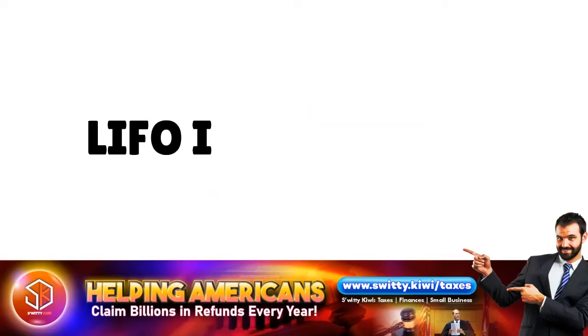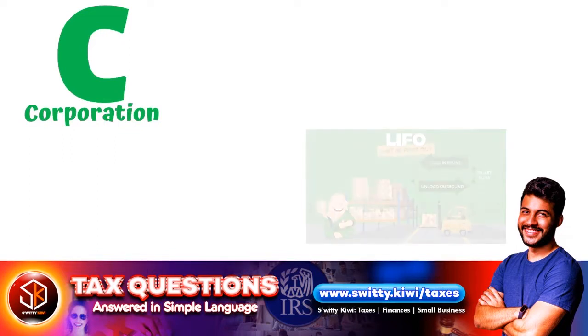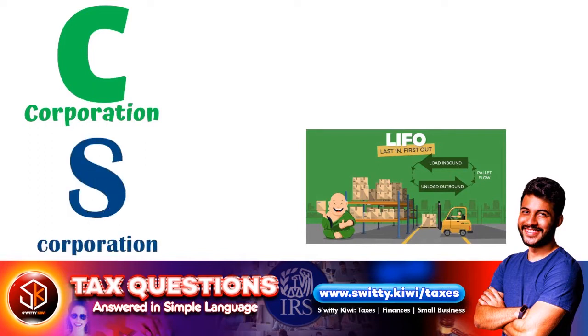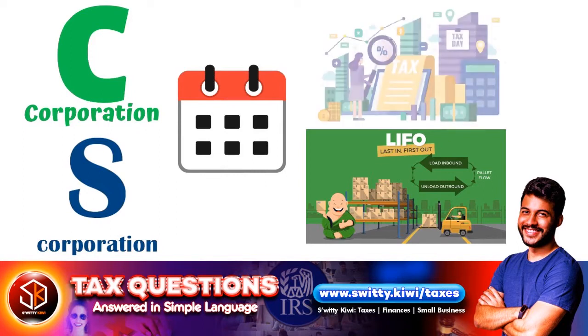You also have LIFO inventories. C corporations that use LIFO inventories have to pay tax on the benefits derived by using LIFO if they convert to S corporations. By the way, LIFO, last in, first out. The tax can be spread over 4 years, and this cost must be weighed against the potential tax gains from converting to S status.